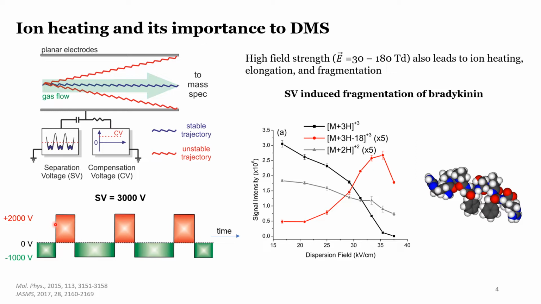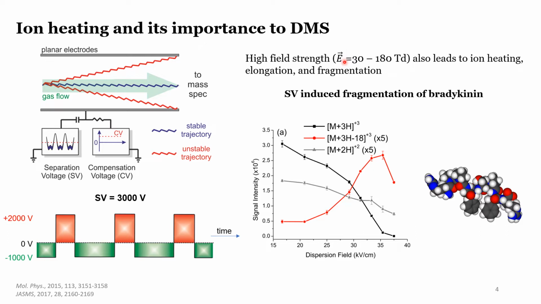The amplitude of the waves are designed such that the integral over a single duty cycle is 0. For example, at a separation voltage of 3000 volts, the high field portion reaches a maximum of 2000 volts above 0, while the low field portion reaches a minimum of 1000 volts below 0. The nature of the waveform has important implications for ion heating that we'll be talking about shortly. Nevertheless, the point here is to show that the SV field strengths easily exceed 30 Townsends, which is well above the low field limit. Of course, ion heating in this regime is inevitable, and the effects can be seen for